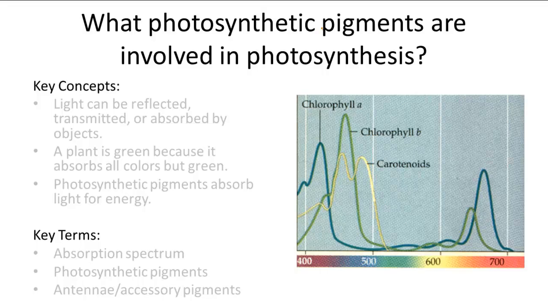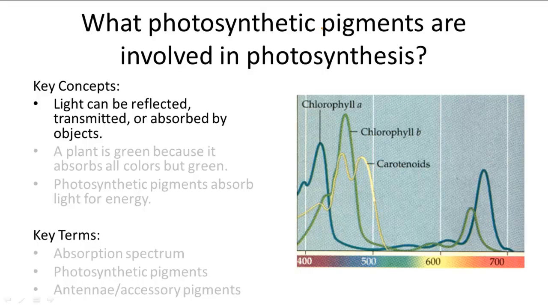And when this multicolored sunlight shines onto the earth, objects can do three things with it. They can either reflect the light, transmit the light, or absorb the light. So clear objects would transmit the light, like a piece of glass. The light just shines through it without affecting the glass. Solid objects either absorb or reflect the light, and it's the reflected light that shows up on the surface of